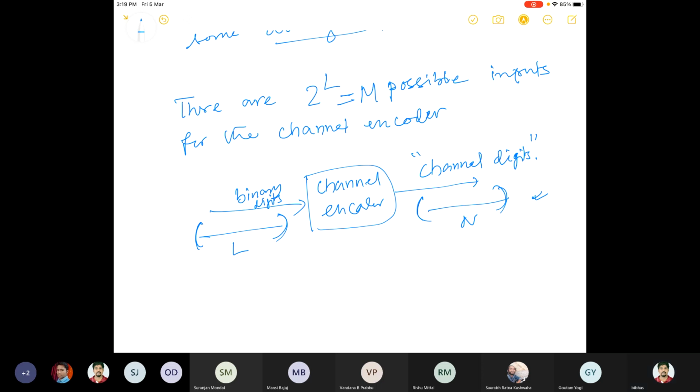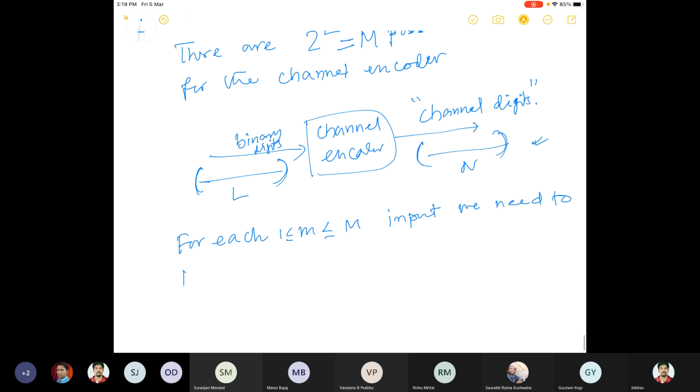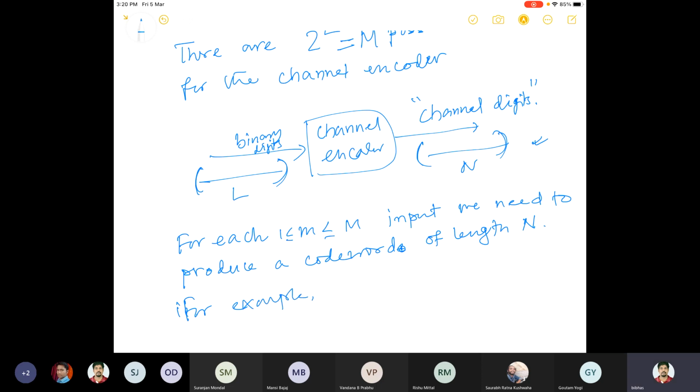So how many inputs are there? It is 1 to M, so 1 is less than or equal to this index, which is less than or equal to M. There are M such inputs, and for each we need to produce a code word of length N. So let's say the code words are, for example,